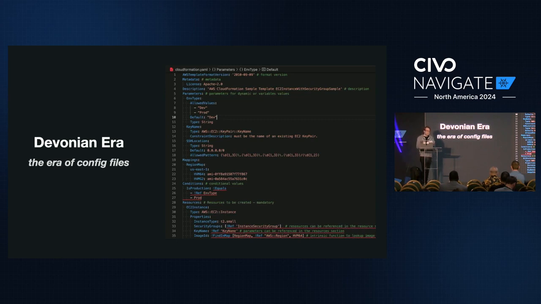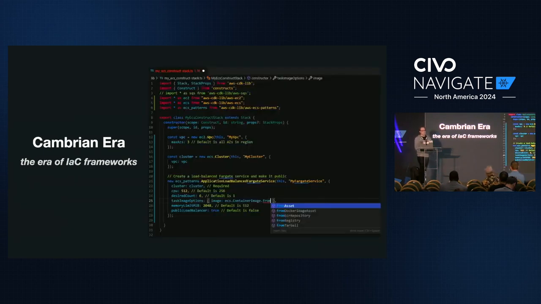And so what we've seen over time, at least watching the space, is that a lot of these configuration languages end up looking more and more like ordinary programming languages. And so that brings us to the era of IaC frameworks. So with CDK, for example, you can essentially express,